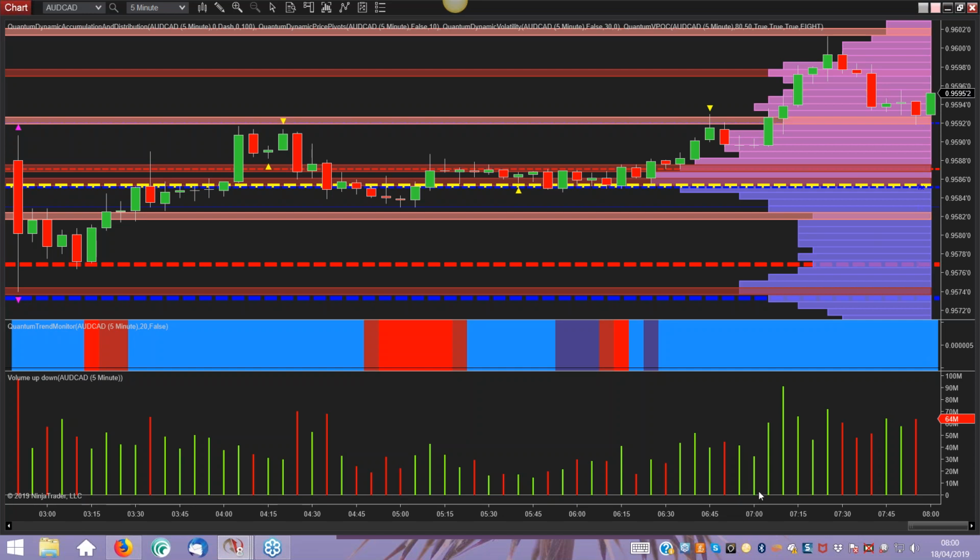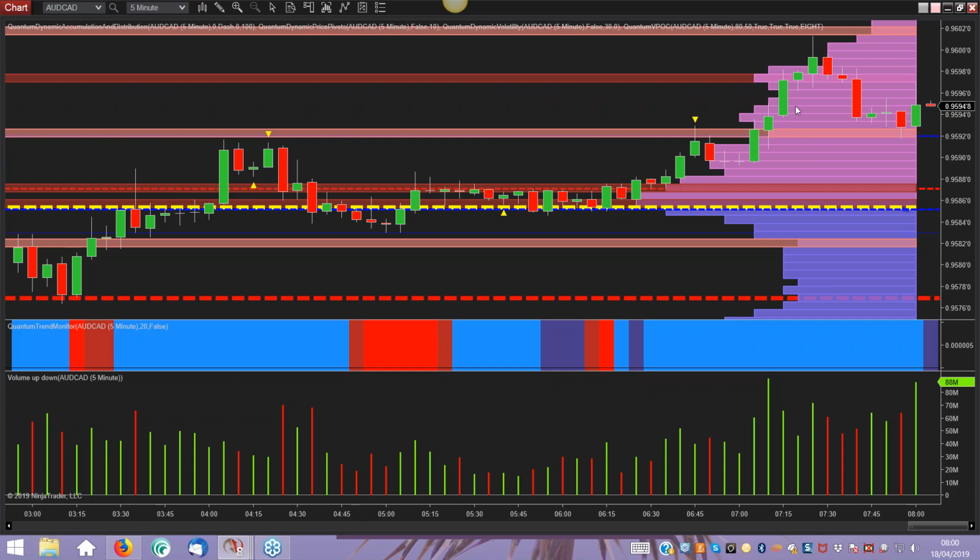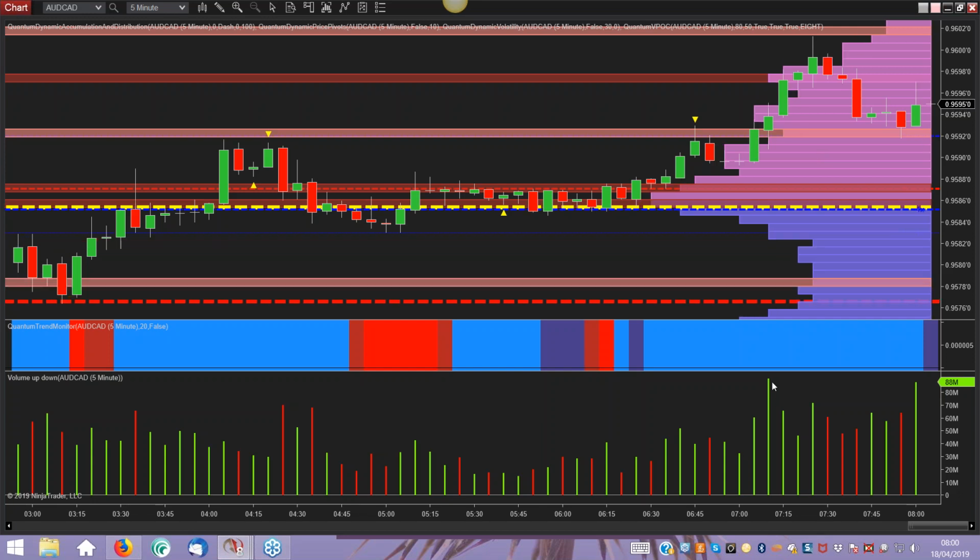7 o'clock, we had rising volume. And then as we get to the top of this, we start to see falling volume. So from this point onwards, we're starting to see falling volume on these 3 candles. So we've got rising price and falling volume. And then we start to see high volume on this candle, which again is signaling some indecision, some weakness. In other words, we've got a lot of volume being driven into the market,